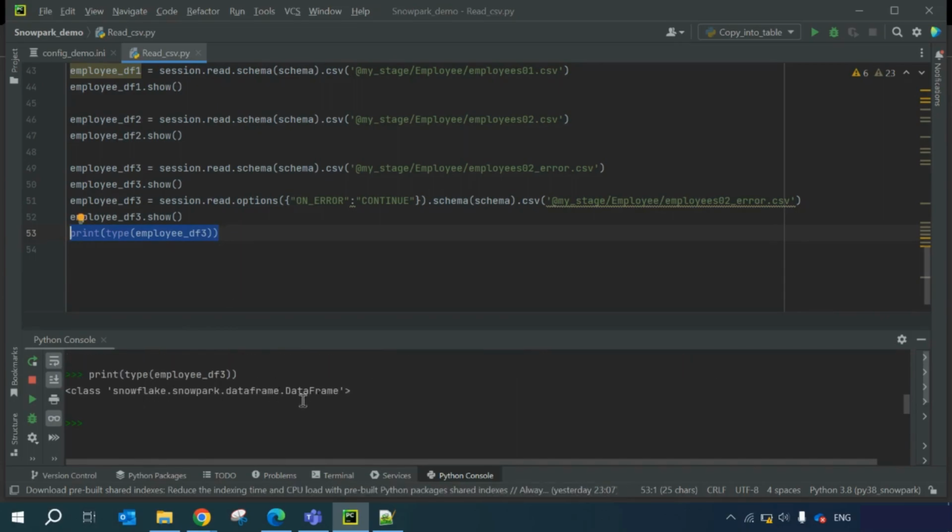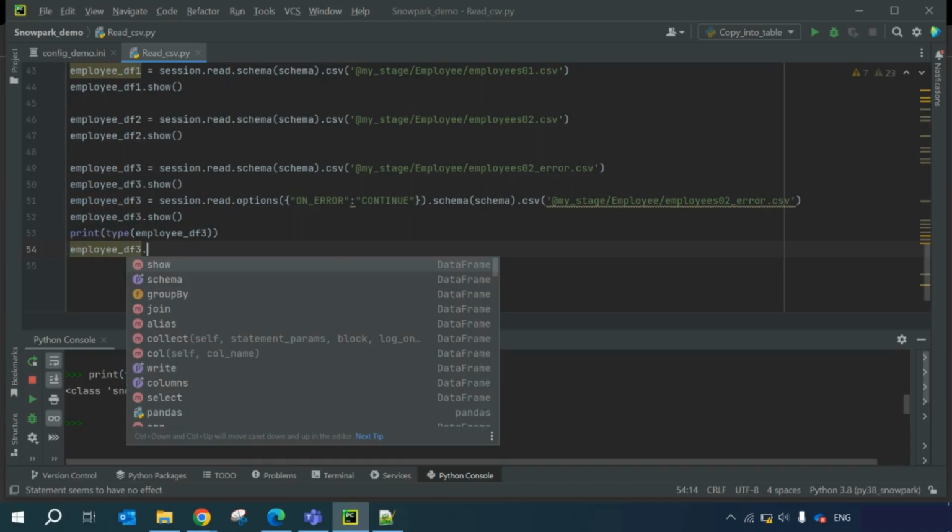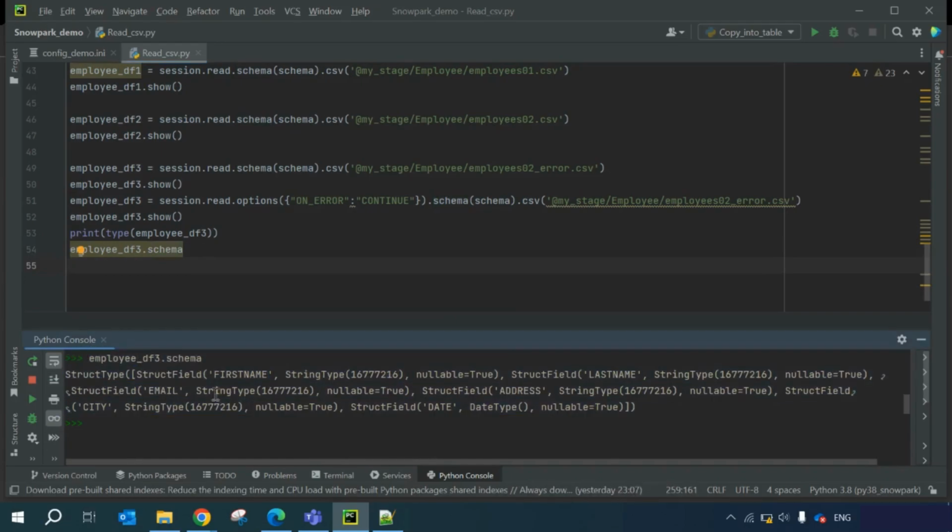Now if I want to see the type of this employee DF3, let me execute this. It is of type data frame, which is present in the Snowflake Snowpark class. If you want to do any kind of transformation on this employee data frame, you just have to write the employee data frame and a dot. It will display all the methods and functions present in this data frame that you can use. For example, you want to show, which is an action, describe the schema, do some joining operation with another file, write it, or display the columns. So let me go with schema and see. Now you see the schema of the file is displayed here with the struct fields. What is the first name, last name, the email string type,